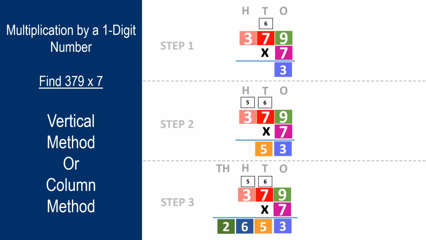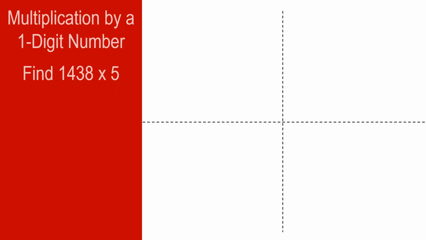So beta ji, we call this method as vertical method or column method. Whenever they are asking you to multiply it in column method, you will use this method, right? Let's go further. We are having the same process again, multiplication by a one digit number, but now this example is having 4 digits. 4 digit means we have to place them under ones, tens, hundreds and thousands. Very nice. Now we are going to solve it stepwise again.